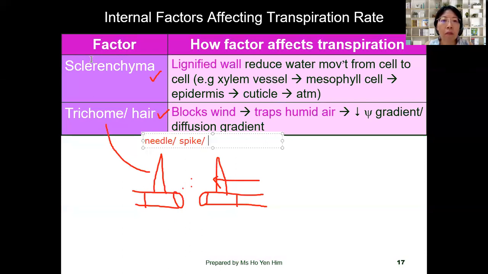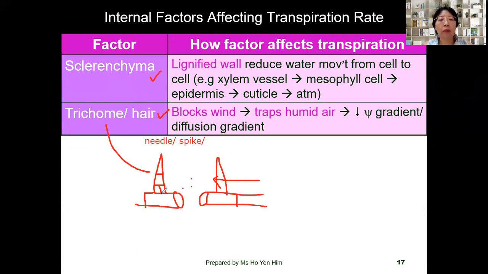Now, trichome can be an extension from this epidermal cell. So it's part of the epidermal cell. It can be like this, one way. Second way, it can be a different cell. Third way, it can be made up of a few cells. Fourth way, even the bottom here is made of 2 cells. All right, so there are many versions of trichome, but just know that it is an extension extending out